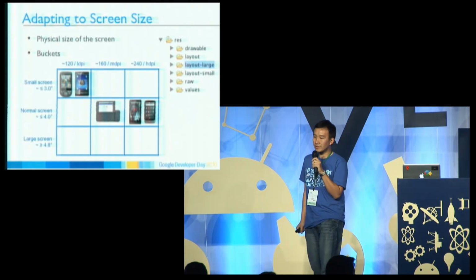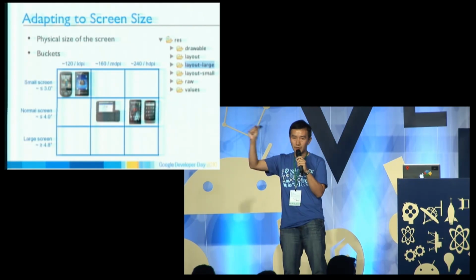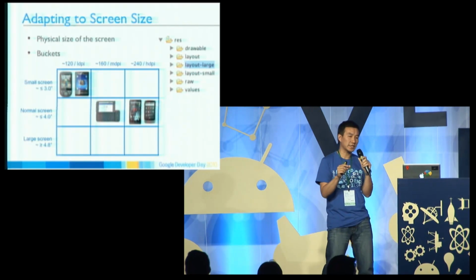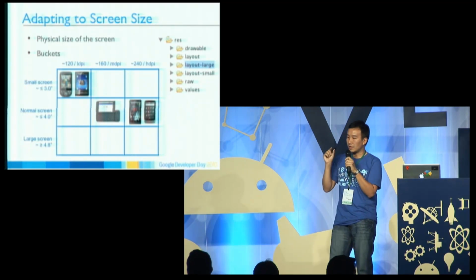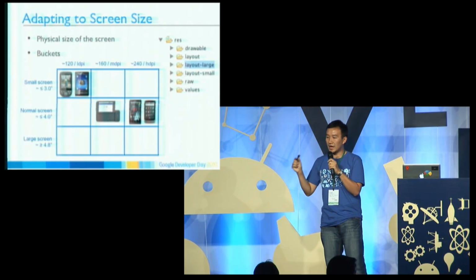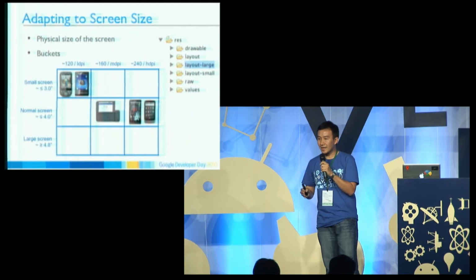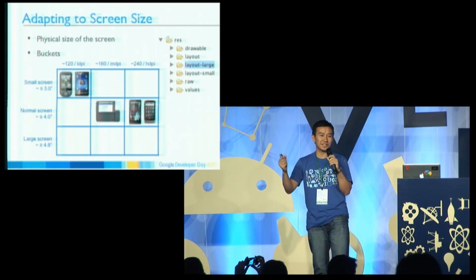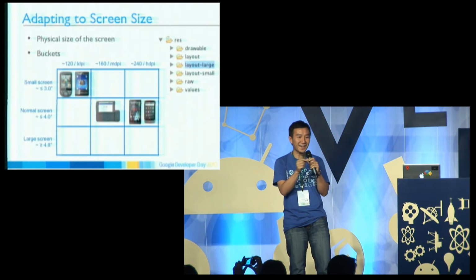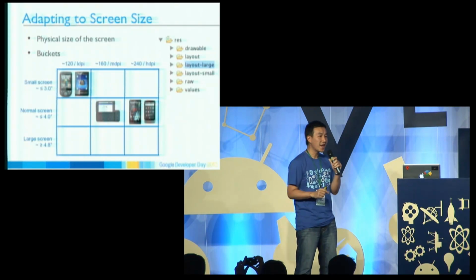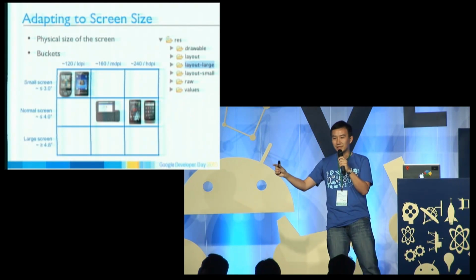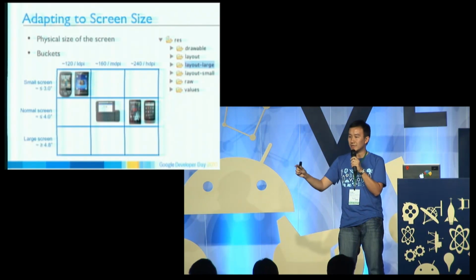It's a 3x3 matrix. As you can see, across the top, it defines the various buckets or categories of densities. So we are talking about low density, medium density, and high density. And on the vertical axis, you have the different screen sizes: small, medium, large. Just like when you go to Starbucks and order coffee, you order different sizes instead of the exact volume. How Android works is that it maps the different implementations out there to one of these